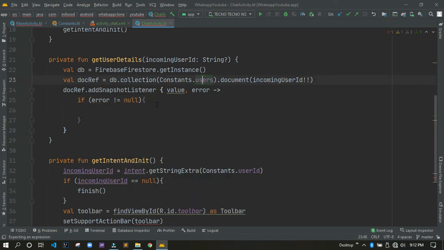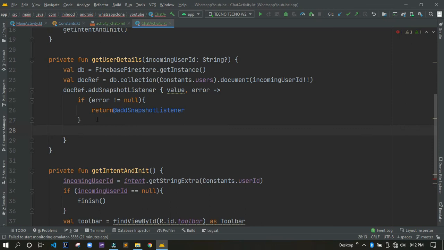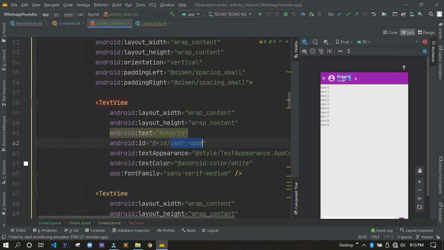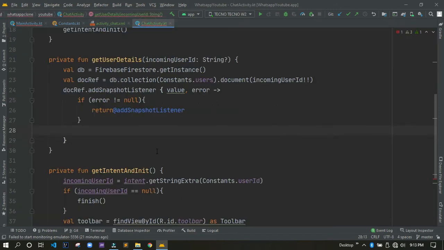So the name of the user is called what's again? Let's see. It's called username. Okay, so I'm going to copy that. I'm going to go to my chat activity. So I will paste it here. I'll say username.setText. So here I'm directly calling synthetics. So I'll say username.text. So I have to import it. So it's the username that is coming from the activity chats. So username.text, this will be equal to our value, or we can change this to